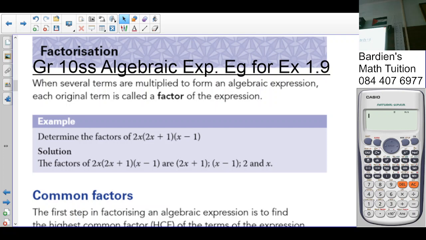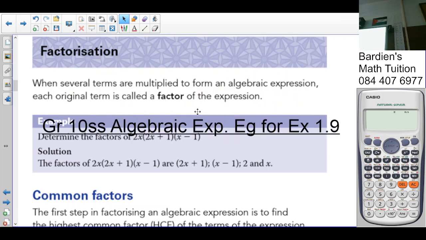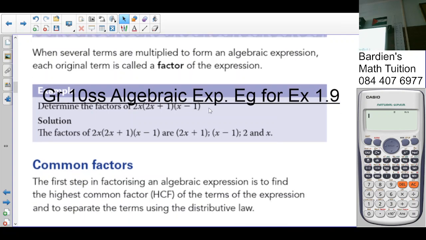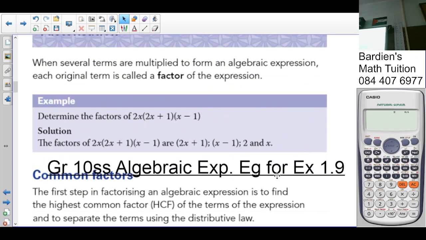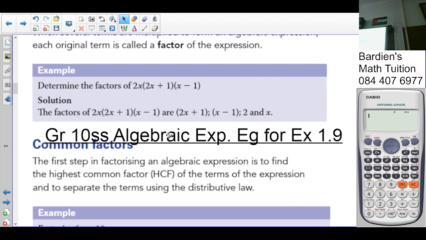Good. Alright, factorization. So at this point we have done common factor, we have done difference of two squares. We've done trinomial factorization. We looked at perfect square trinomial, not so? Yes. So now, for the first part of this factorization, we're going to do what we are familiar with already. Several times multiply the form of algebraic expressions. Each original term is called a factor of the expression. Okay, so that we know already. Determine the factors. So if you're going to look at,